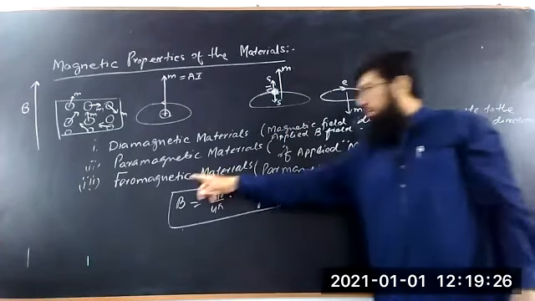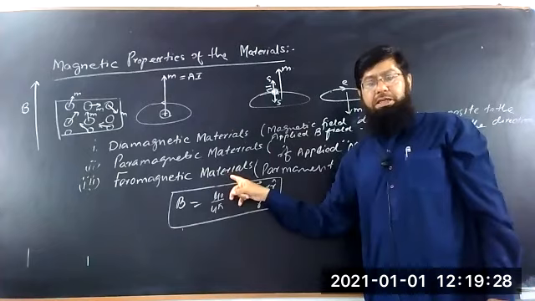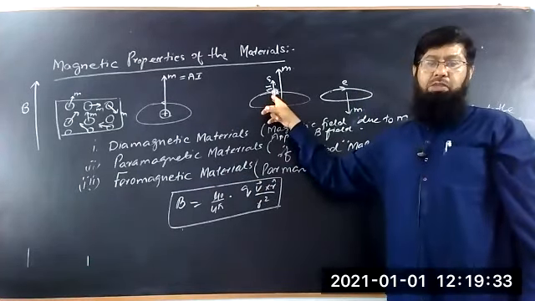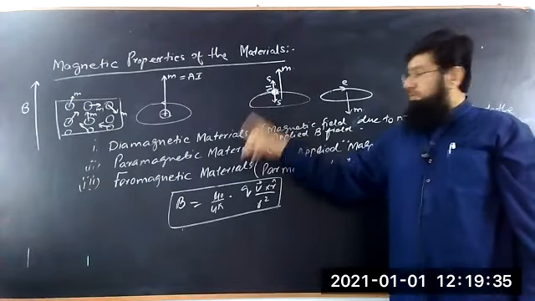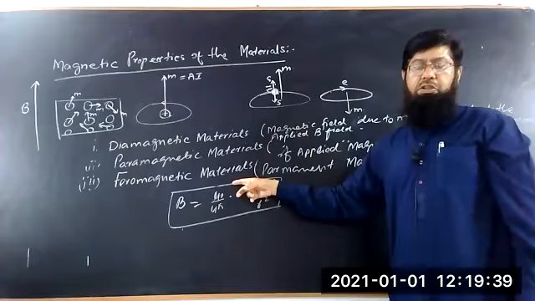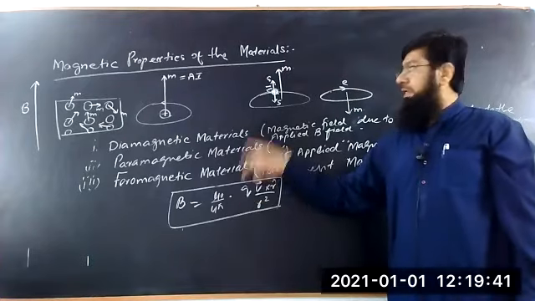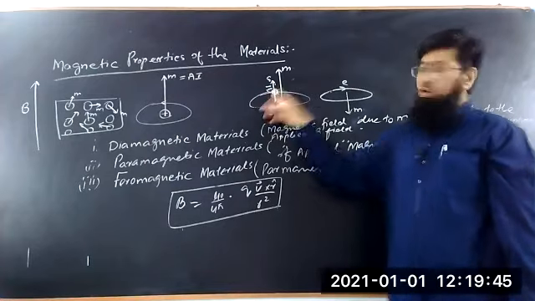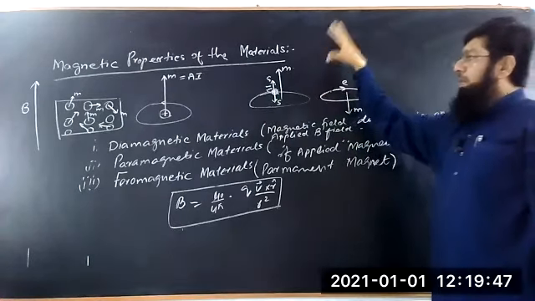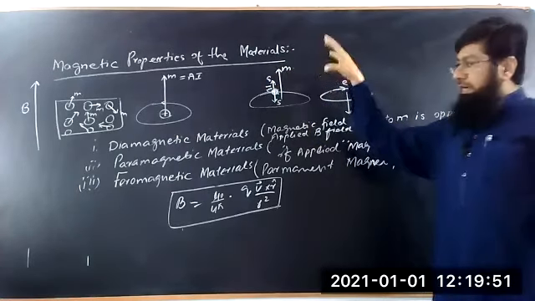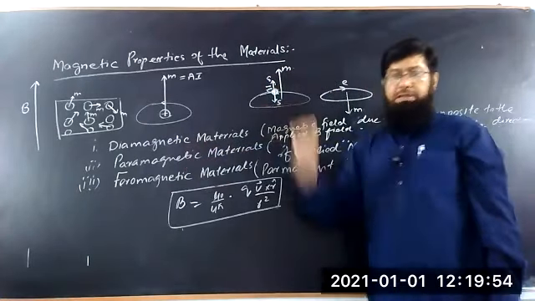So the ferromagnetic property of the material is because of the spin property of the material. This magnetic property, which is the permanent, inherent magnetic property, is because of the spin motion. So this is generally what the magnetic properties of the material are, and there are three magnetic properties.